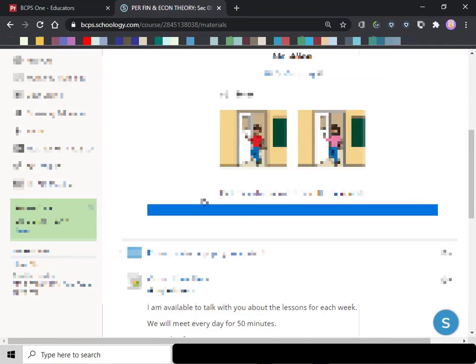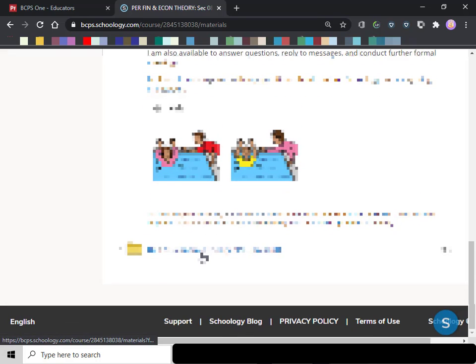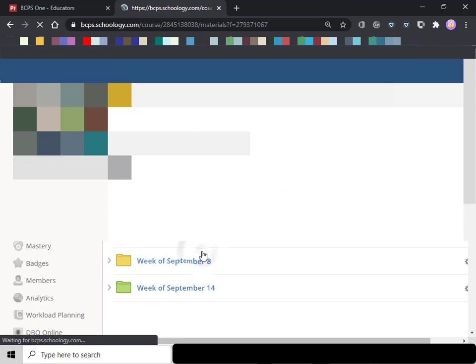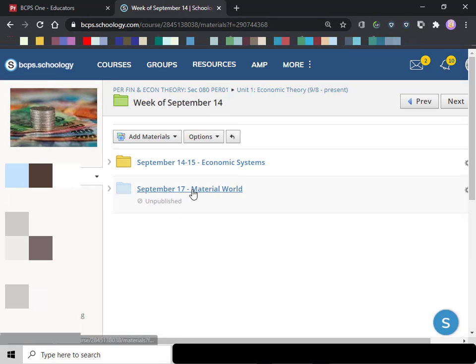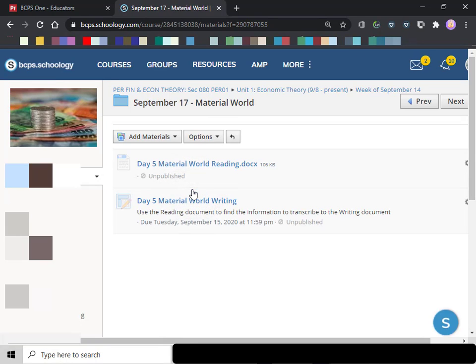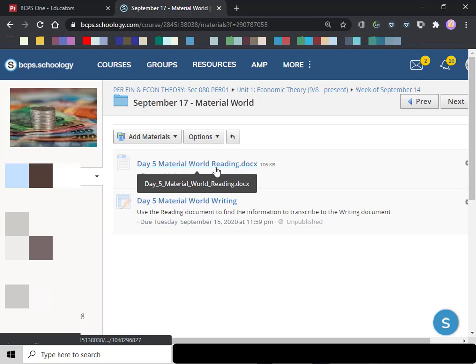Go to your courses and go to the particular course that you're at right now. I keep my lessons at the bottom of the window. And then I'm going to go to my bottom folder, and I see two materials that I'm going to need today. I'm going to click on the first one